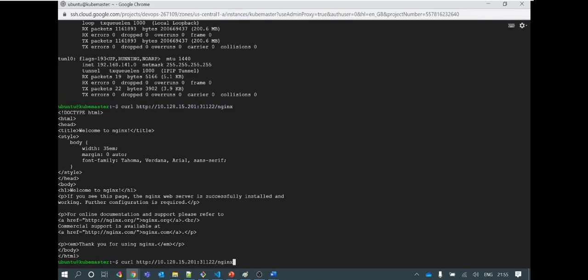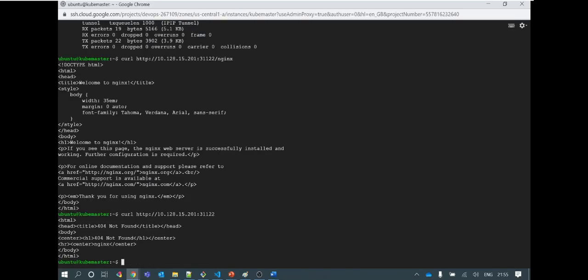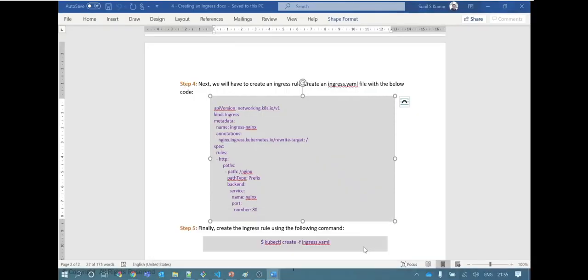Suppose I remove this path. See, this is not accessible. Now there is no backend rule defined. If you go with the definition, I have mentioned this path /nginx should be appended, and this path will redirect my traffic to the Nginx service.